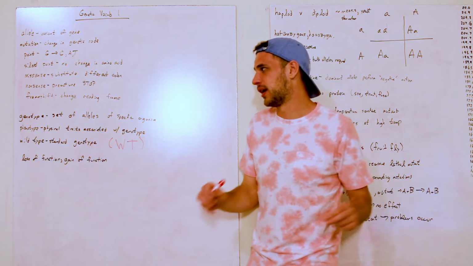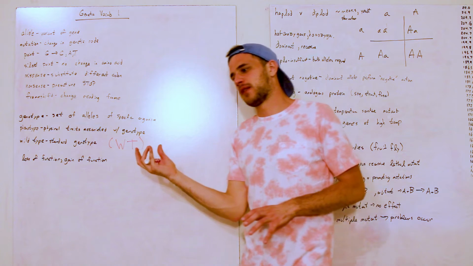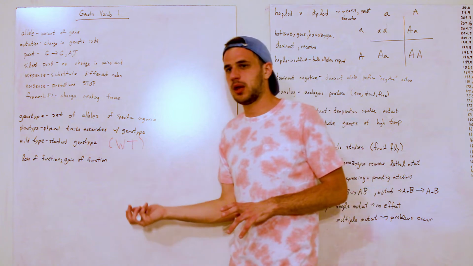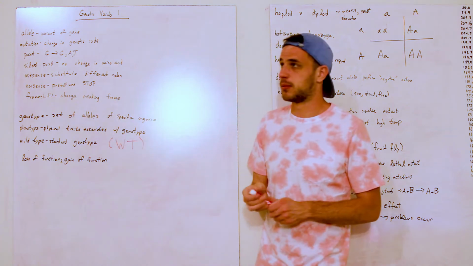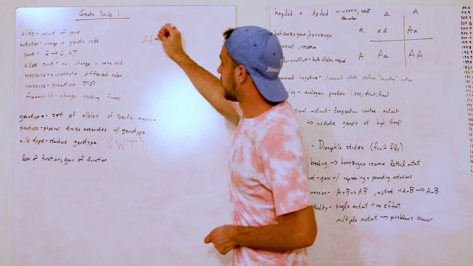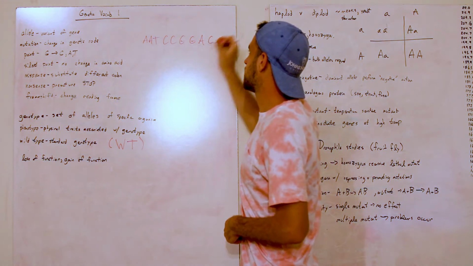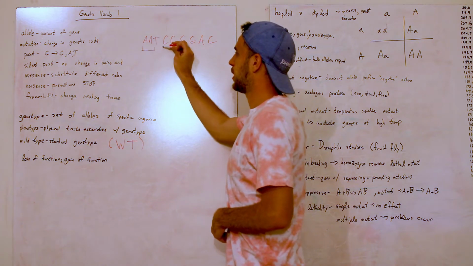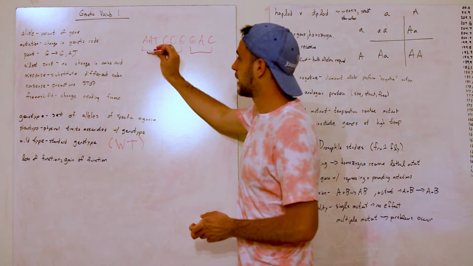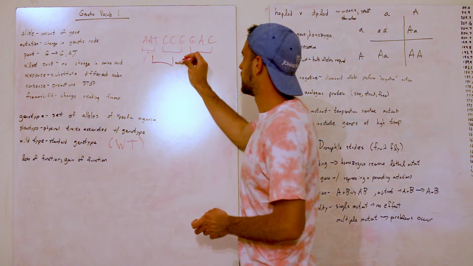One thing also that can happen is a frame shift, where the ribosome keeps reading, but then it doesn't go forward 3, only goes forward 2, or it backtracks 1 or something, and then you have a complete change in the reading frame, such that you're no longer in the same reading frame. Say A, T, C, C, G, G, A, C, where we read 3 and 3 and 3. That's how it's supposed to go. But instead, when it reads this one, the ribosome then goes and just reads this instead.